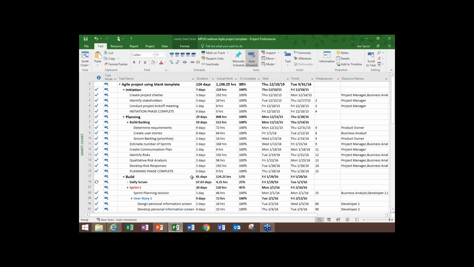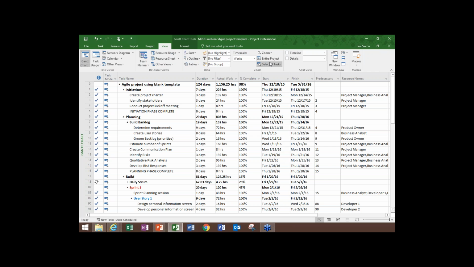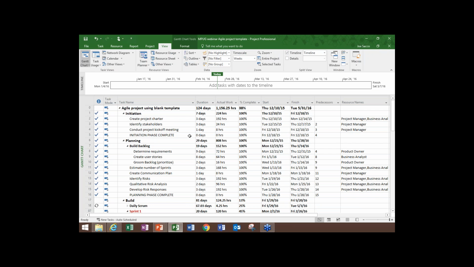I think it's a great feature. It gives you that bird's eye view. For those of you that used it, you've seen this before, but there may be a number of you that haven't seen this. It's simple to use, simple to create. So let's go to the View menu, and we're going to click on Timeline, the checkbox over here under the split view. And you'll see that we've got a timeline showing up above our schedule.